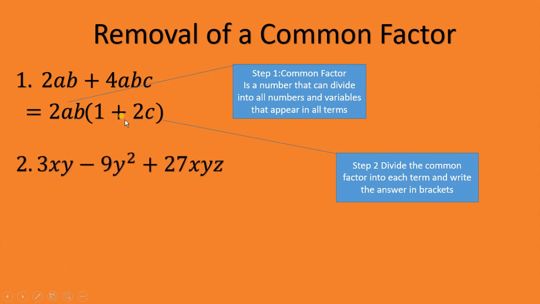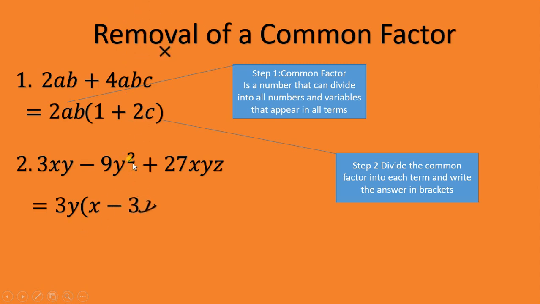In the next problem, we've got 3xy minus 9y squared plus 27xyz. We're looking for a common factor. 3 will be common, and y will be common because it appears in all of them, right? So that's our common factor. And again, the next step, open up the bracket and divide each one into each term. So 3y divides into 3xy and gives me x. 3y divides into 9, 3 times, minus 3, and the y and the y cancel,